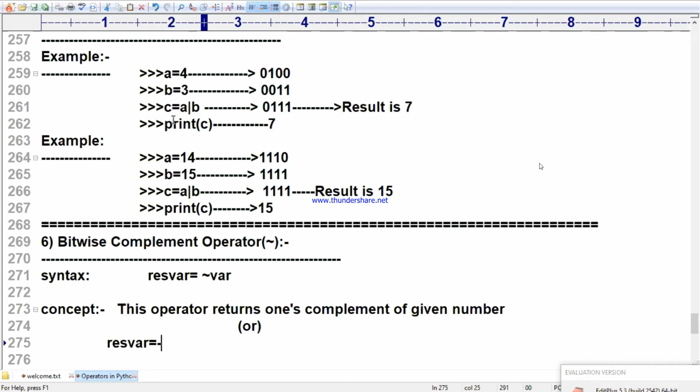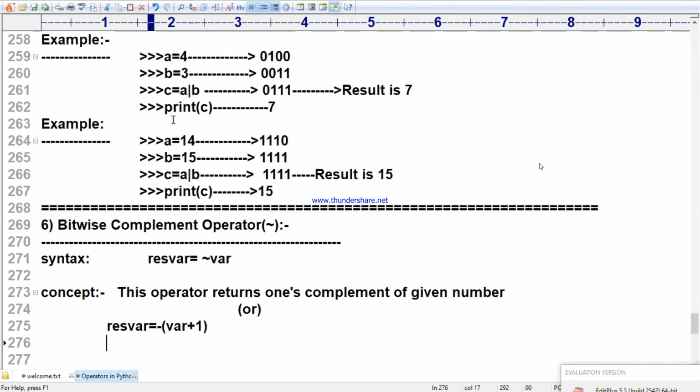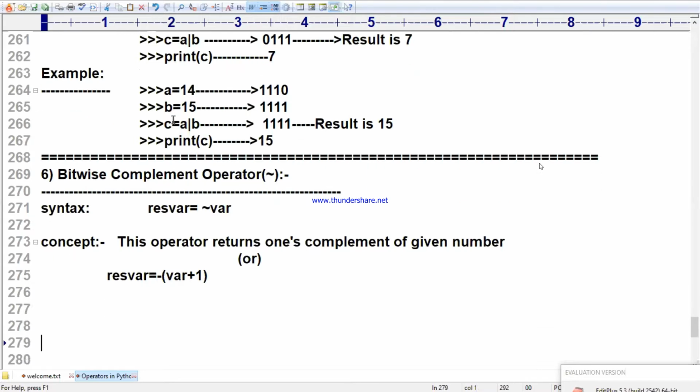I will write it after some example if you want. Example you take immediately. Example, how we can do that number, right? Here I am saying a is equal to 10.